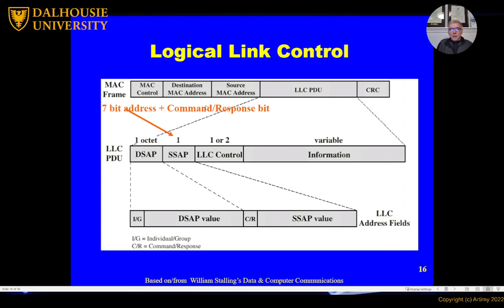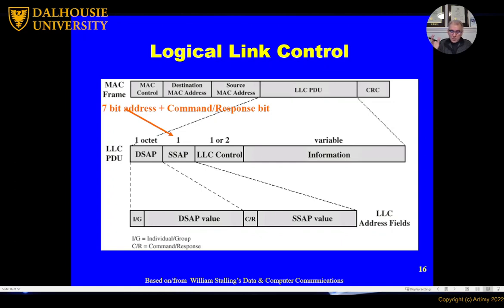So if you look at it now, my frame has the MAC header, which has the MAC control, and then destination and source. So we have the MAC address, which is something that you probably become familiar with. The MAC address is the address that we use to identify the nodes, the physical nodes.